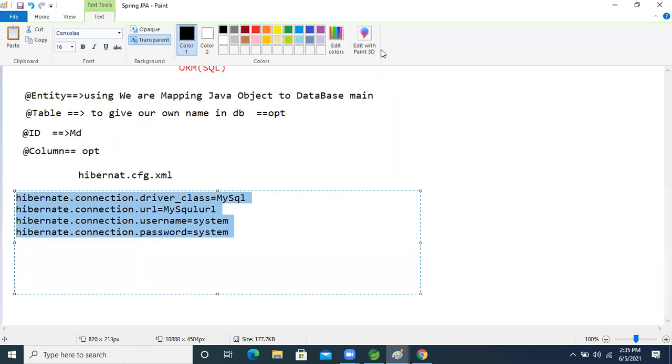Another property we also need to give here is the Hibernate dialect.